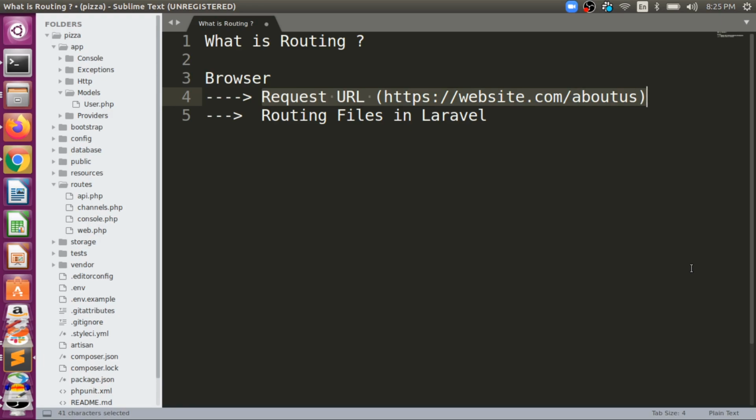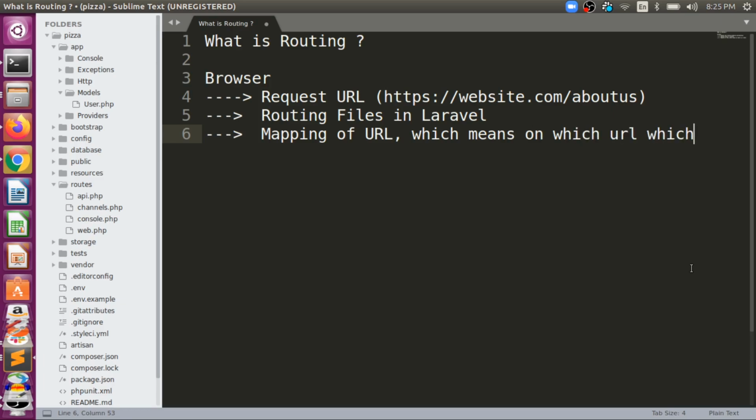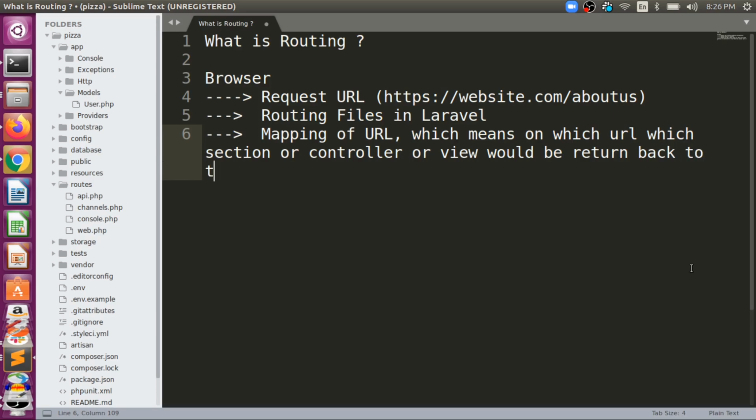Then we have done the mapping of the URL, which means on which URL, which section or controller or view would be returned back to the request. That all comes under routing.